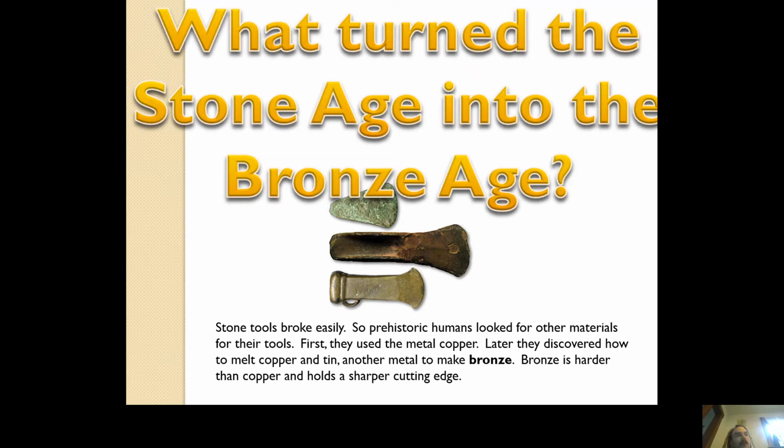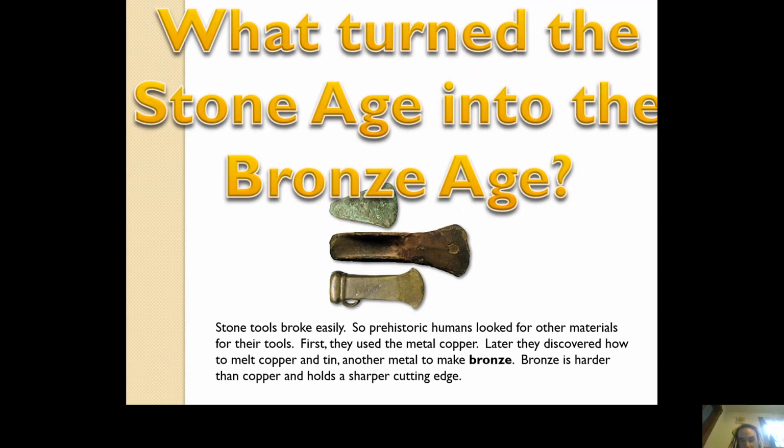Copper is really bendable. You don't even actually have to melt it. You don't have to melt it like iron to shape it. You can just take a rock and start banging copper, and it will form a shape. So you don't even have to heat it up. That's the beauty of copper. Well, eventually people discovered that copper was kind of brittle, and if you melt it and mix a little bit of tin in there, you make bronze.